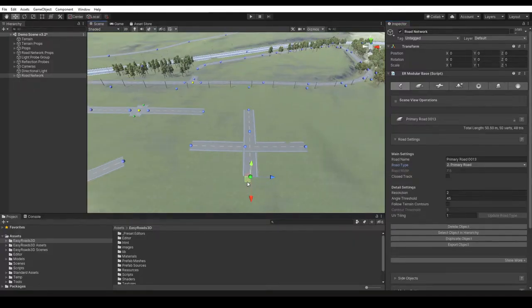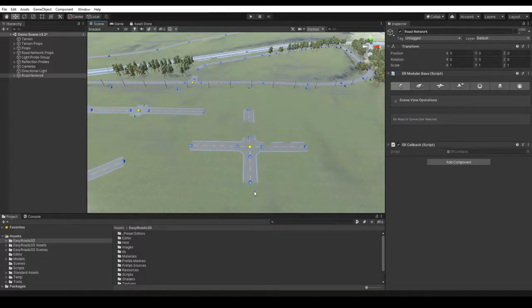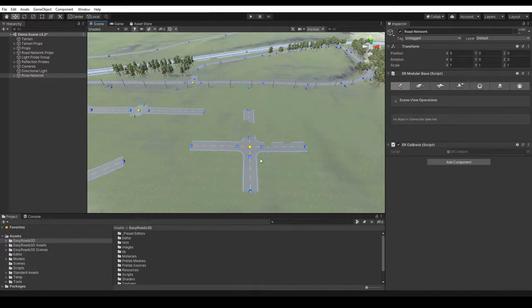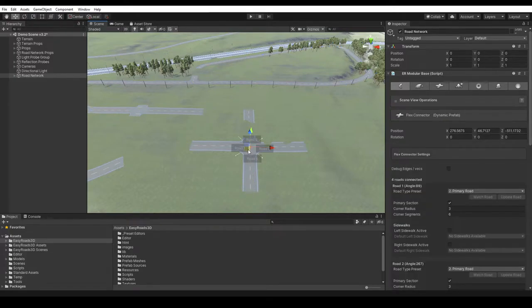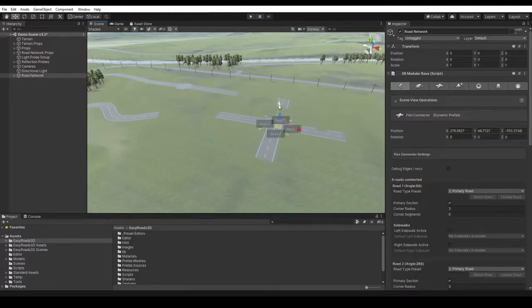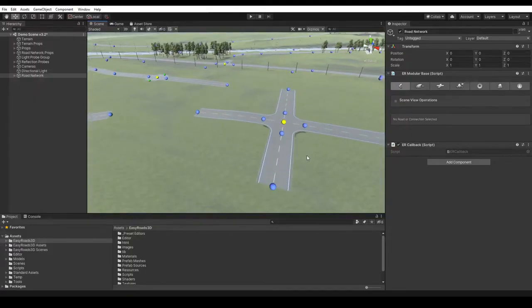When we move the road marker over the other road and the shapes of these two road objects match, a blue circle will appear. This means that connecting both roads is possible. As you can see, this can be done with any marker, not only the first or last marker. When there are multiple matching crossings available, the best matching crossing will be selected. In this case, we have roads based on the primary road type. We do have a crossing connection prefab available for this road type, so this is the one that will be